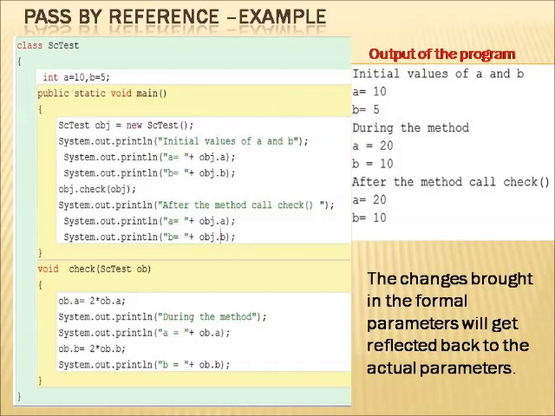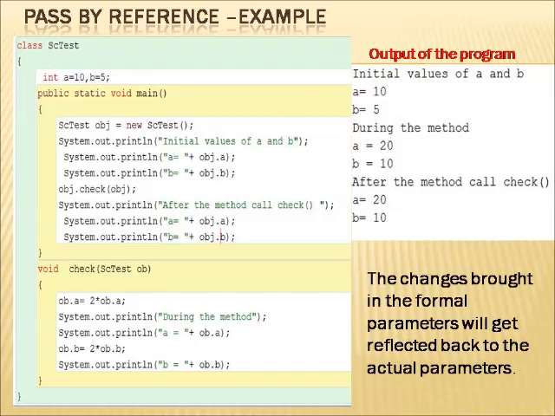Then we are calling the method obj.check and we are passing the parameter. Please note that we are passing that object as the parameter. So in the case of pass by reference, I told you we always use a non-primitive data type. Object is a non-primitive data type, right? So whenever we call the method check,